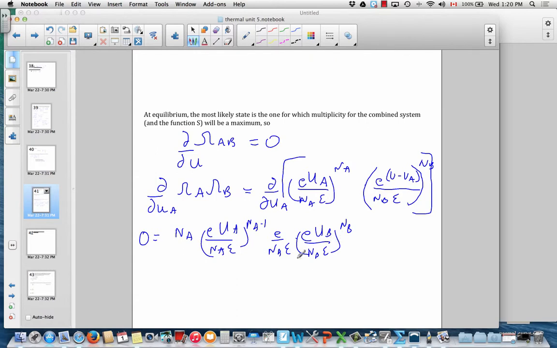So that's derivative of first times second. Of course, I still have to add first times derivative of second. So I'm now differentiating this with respect to UA. So that's going to give me, well, we have to do the power law here. Reduce the exponent by 1 and then multiply by the derivative of the inside. Differentiating with respect to UA, I'm going to get a negative 1 there